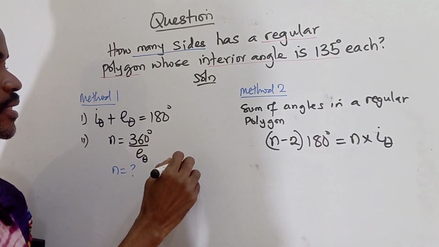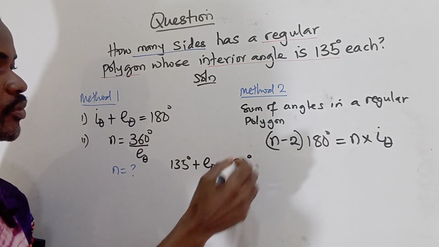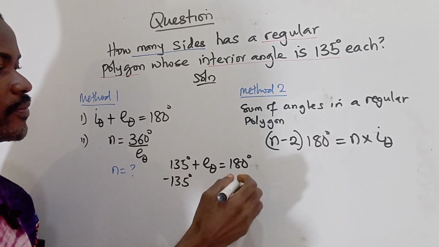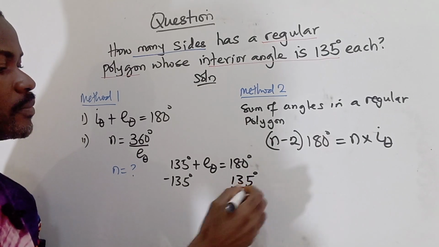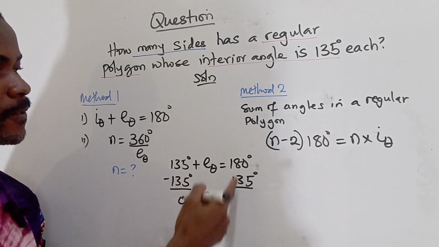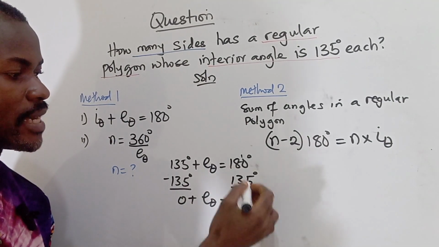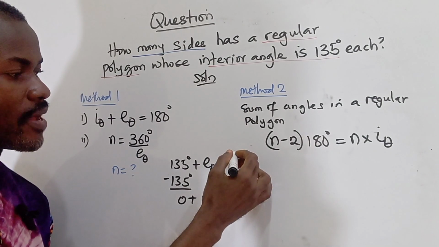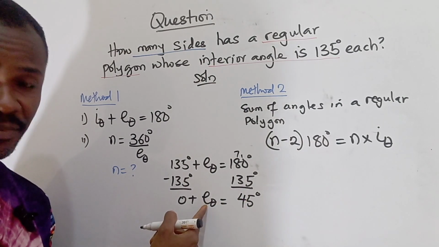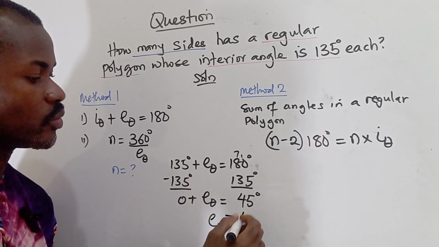degrees. So 135 degrees plus the exterior angle is 180 degrees. I'm going to find this. I'll subtract 135 from both sides. So this is 0 plus the exterior angle is equal to 180 degrees minus 135. 10 minus 5 is 5, 7 minus 4, and 1 minus 1 is 0. So the exterior angle, 0 plus exterior angle is